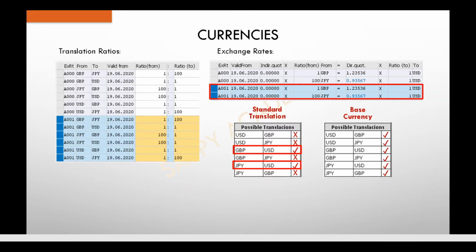Now when we maintain the same settings and same translation rates for both the translation types, you can see the difference. The standard translation is not going to translate if the exchange rate is not maintained in the table for any combination of the 2 currencies. For example, here I have maintained only GBP to USD. So you can see in the standard translation outcome, GBP to USD is getting translated. And the second exchange rate which I have maintained is JPY to USD. So you can see the JPY to USD is getting translated,